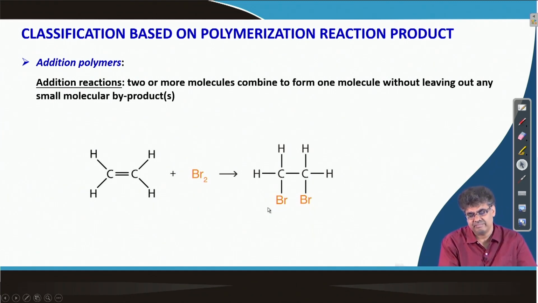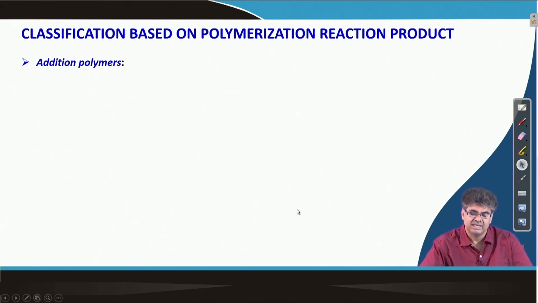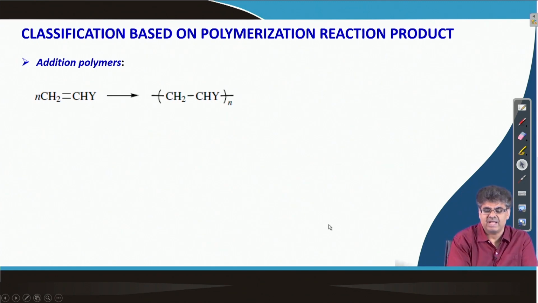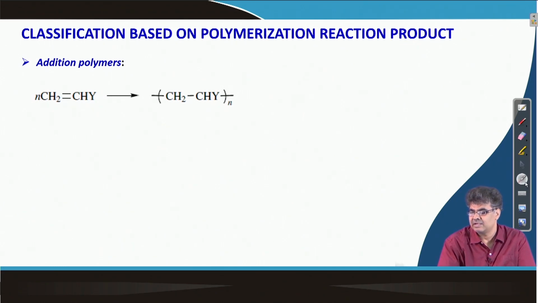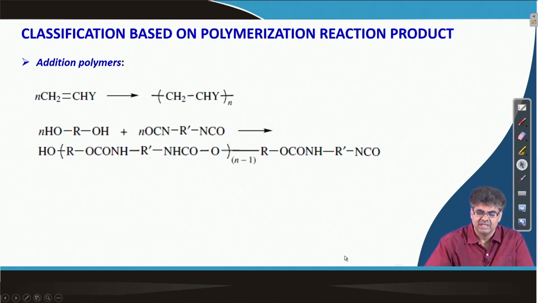Now, we can have the same type of reaction for making polymerization, and the examples we have given till now for polystyrene and polyethylene, those are addition polymers. So, basically you take a monomer and then polymerize, it is just an addition of these monomers to make a polymer molecule. So, we call this an addition polymer. For example, we talked about polyethylene, polystyrene, polyvinyl chloride and many other examples can be given.